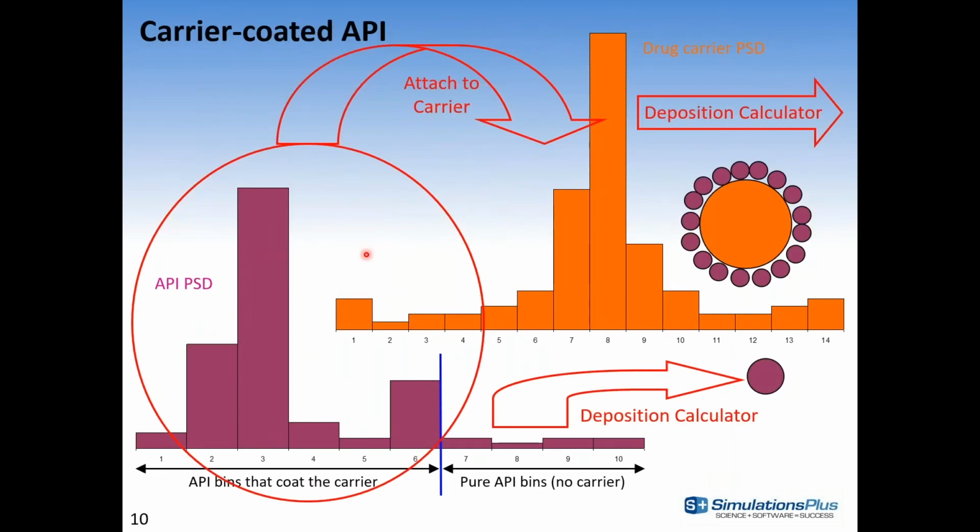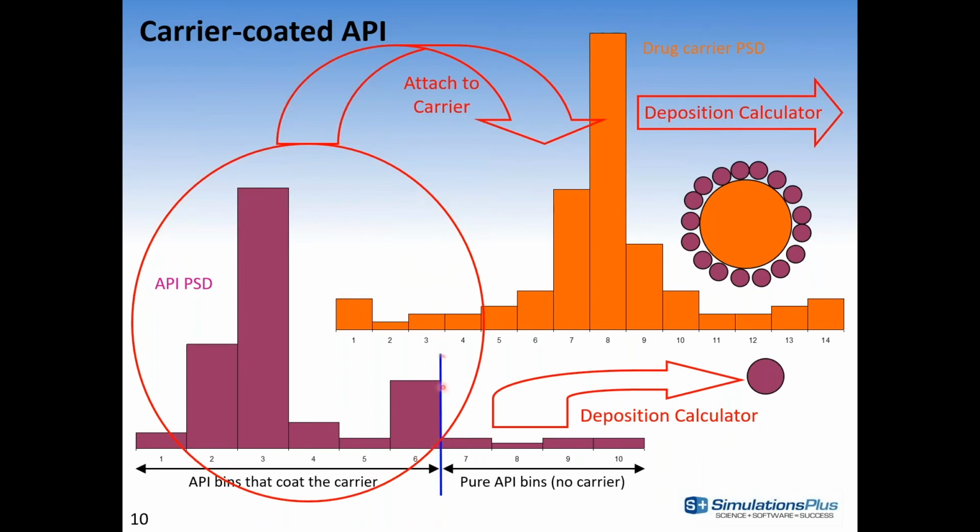And another, again, unique feature with the PCAT model in GastroPlus is the ability to also define carrier particles. If we have an interest in trying to deliver some of our active ingredients deeper into the lung space, down into the alveolar, for example, we may consider utilizing carrier particles, coating those carrier particles with our drug material. And what we are going to be doing is